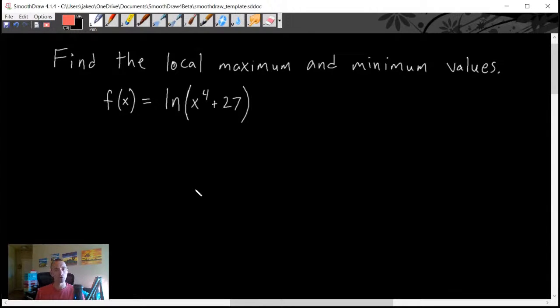So the steps, whenever you're trying to find local minimum and maximum values of a function, you're always going to start with the critical numbers. To find critical numbers, first thing you need to do is find the derivative of your function. To find the derivative of this function, we're going to have to use chain rule,